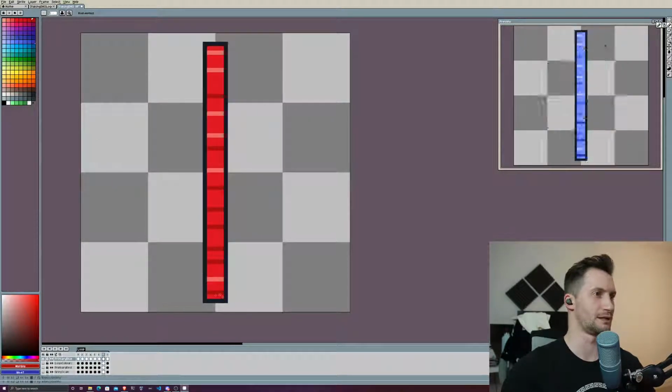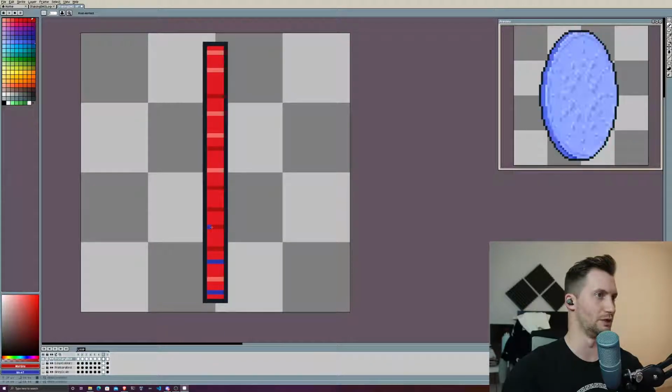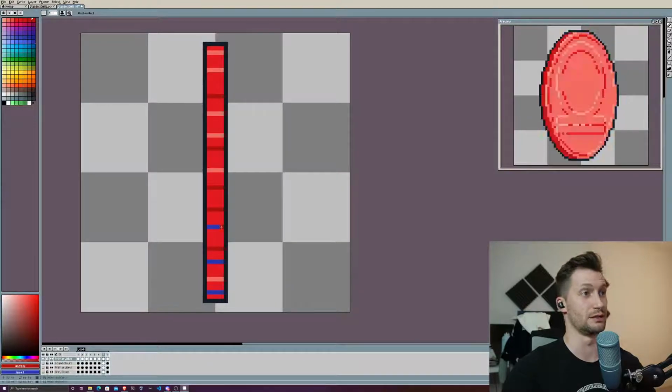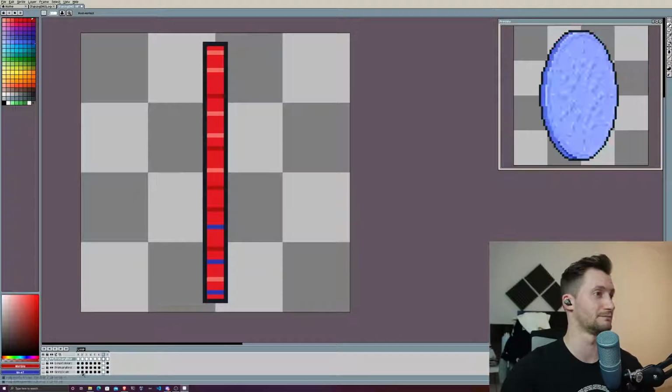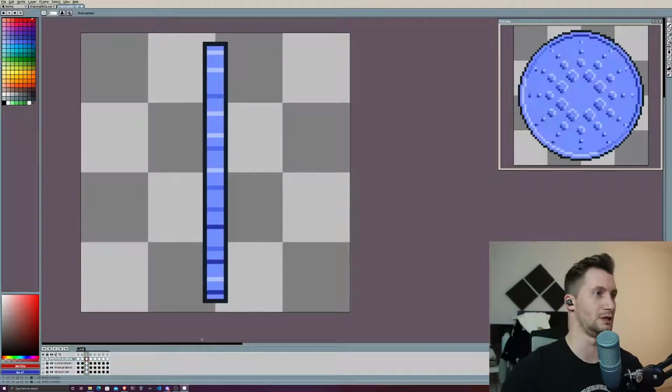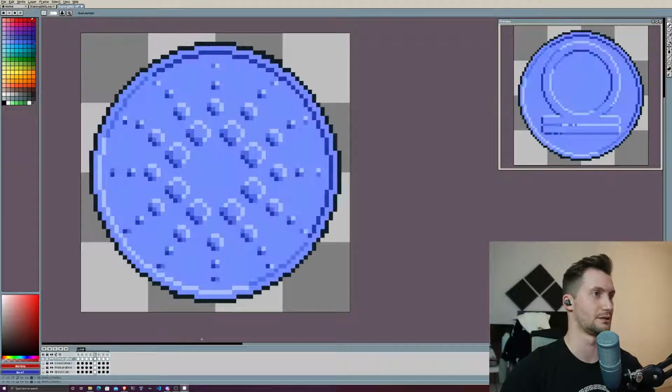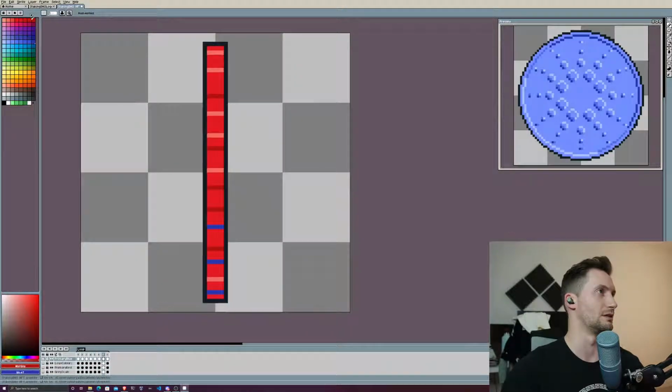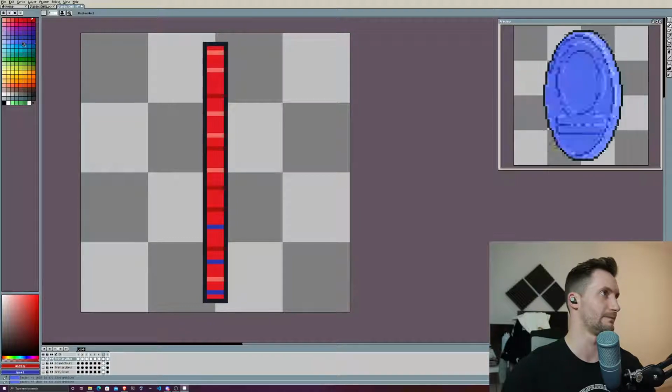So super darkest. One gap, one gap, one. So these three are the darkest color, right? Yep, darkest. Okay, cool. Now we can do the things.